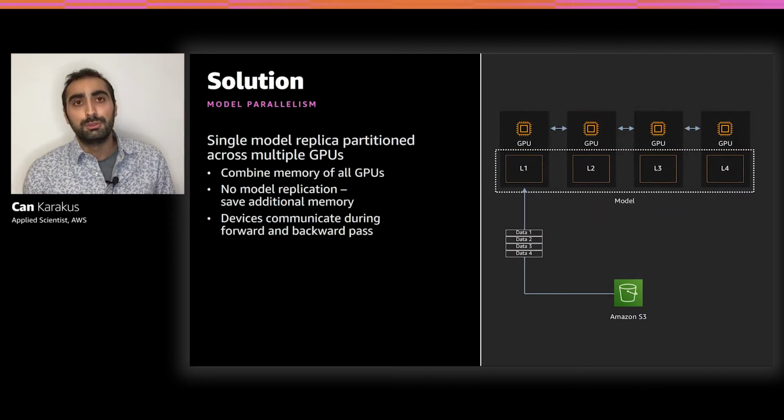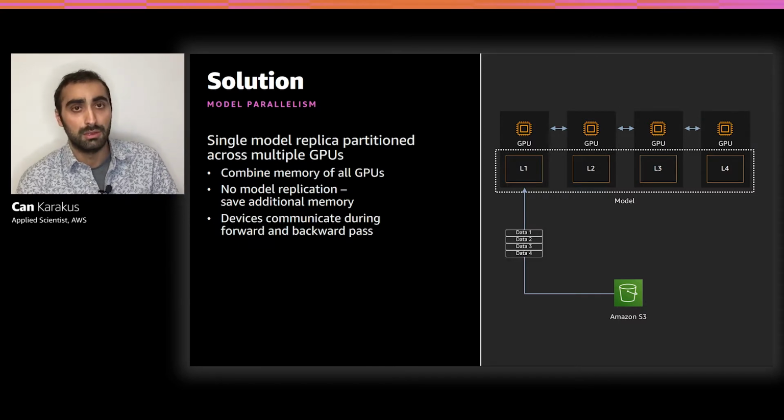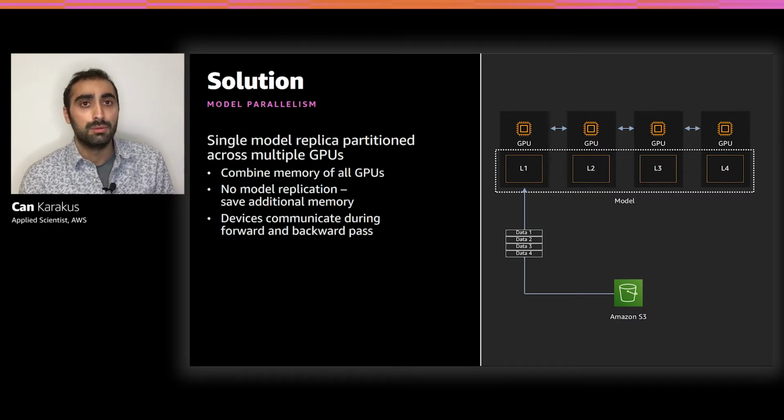So the solution to this problem is to switch to model parallelism, where the idea is to take a model replica and split it across multiple GPUs so that multiple GPUs collectively store a single model. And by doing that, we've effectively combined the memory of all the GPUs, we've avoided replication, and effectively increased the largest model size that we can train with. And of course,